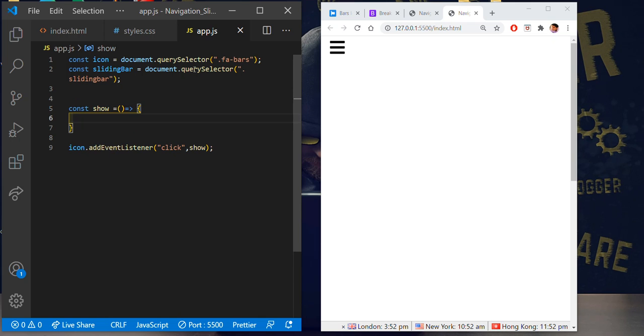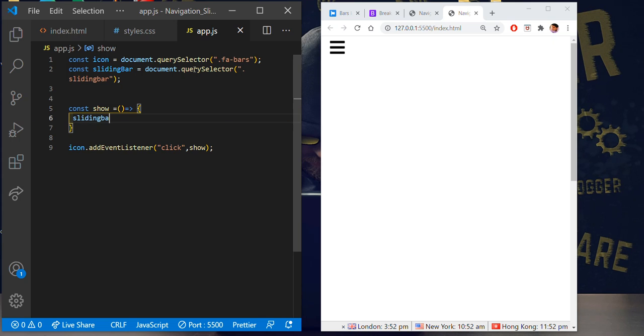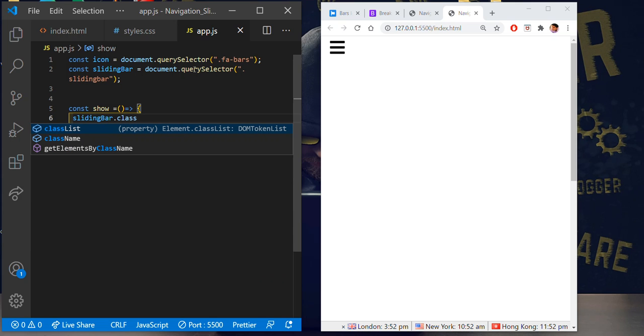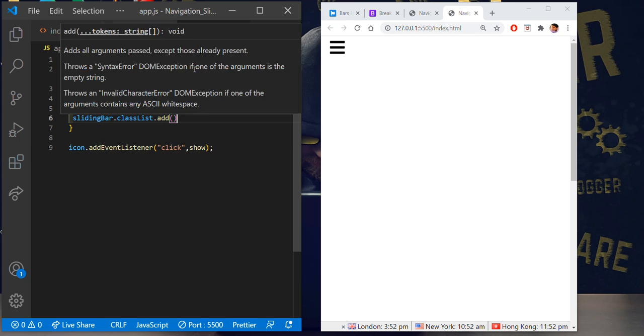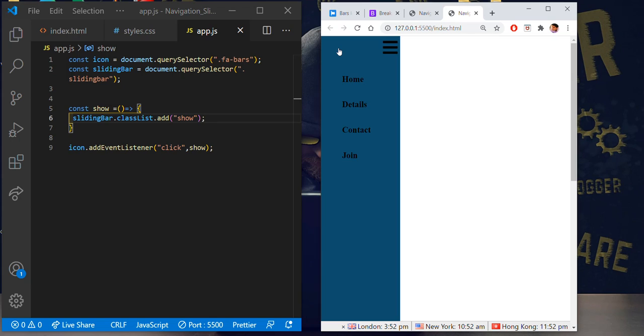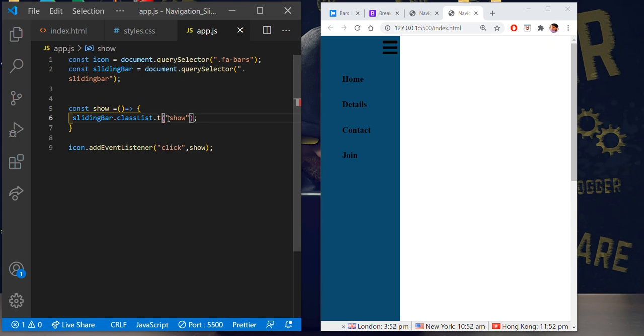So whenever I'm clicking this button, the sliding bar should have a class list, and we should add a class of show, which would move it back, and also define the background color. Whenever I press this, it should come, but whenever I'm pressing this back, it should go back too. So instead of add, what if I do it as toggle,